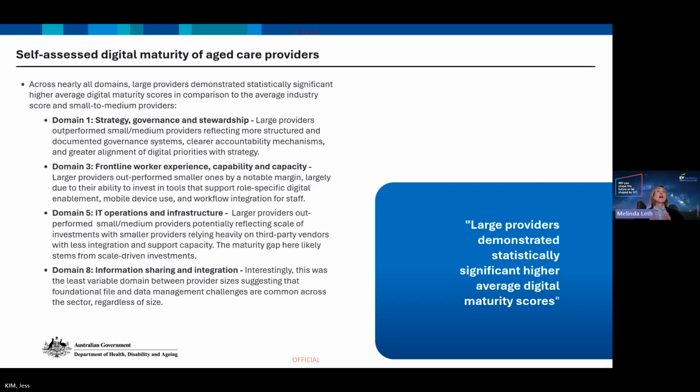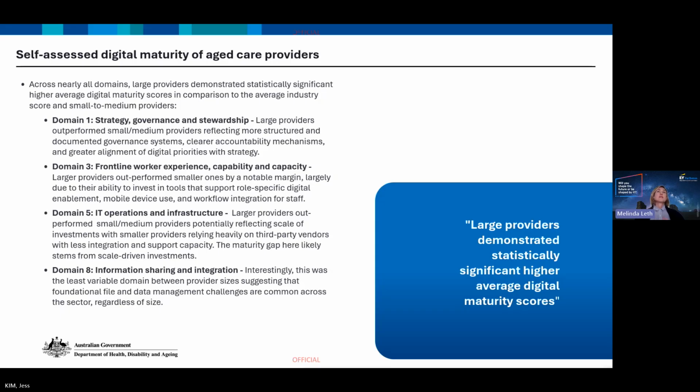In terms of those results, we saw large providers scoring higher in a number of domains. One of those was strategy, governance, and stewardship. So this is really around whether you have a digital strategy that's guiding your investment across your organisation, the level of investment, and what you're actually investing in.